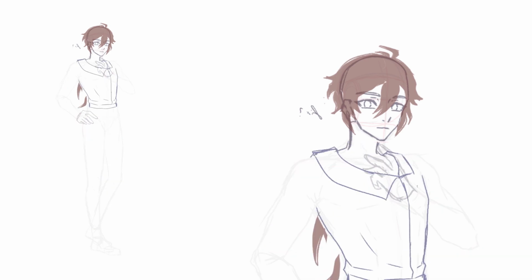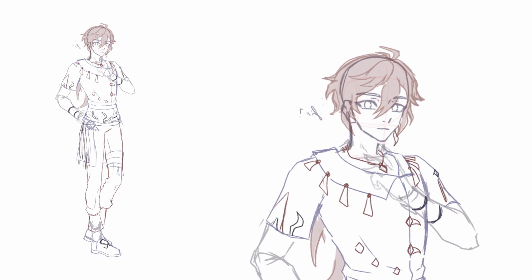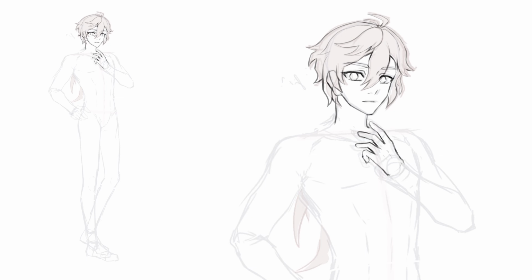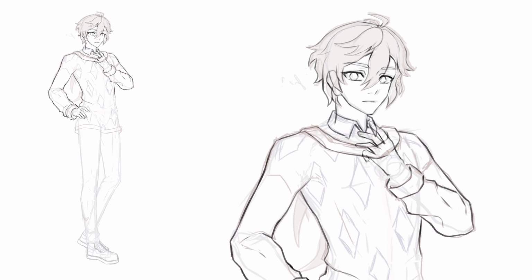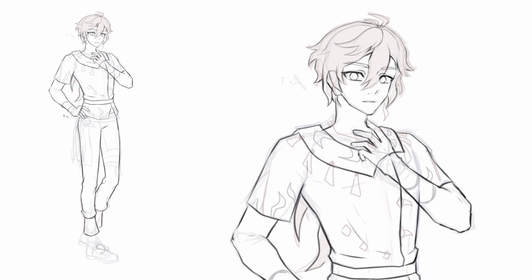I drew an idol outfit that would be similar for all members, but a bit different for each one, as well as a modern outfit which was unique for each character for this AU. I went with a sweater and collared shirt underneath and dress pants for his modern outfit. Then I went with some more formal sneakers. I used a lot of references to figure out what folds I would want to use for the pants here.